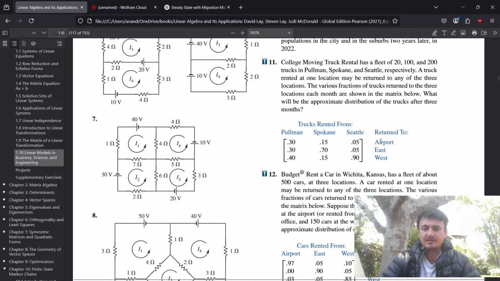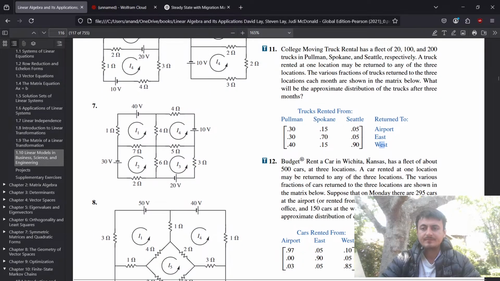Yeah, I don't understand. I think that this is a bug in the. I think this is not supposed to say that, but I think this is supposed to say Pullman, Spokane, and Seattle. Because that doesn't make any sense otherwise. But anyways, let's